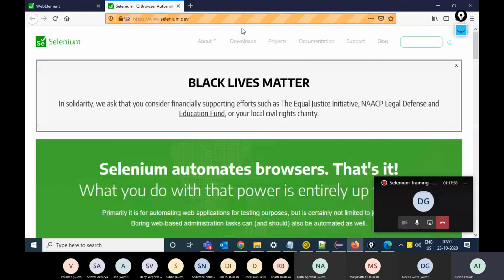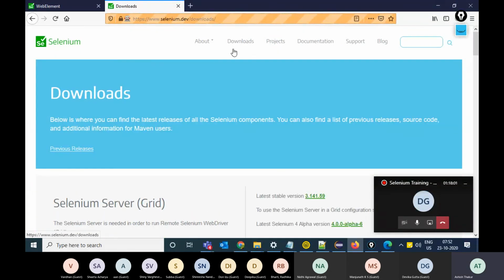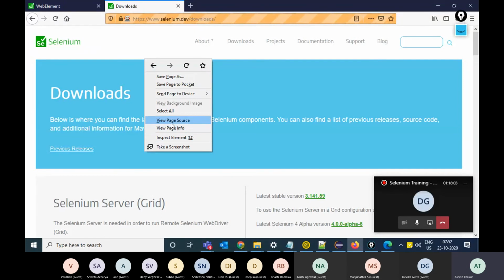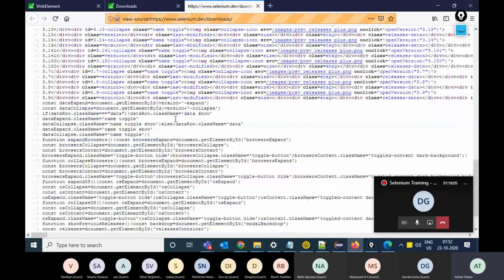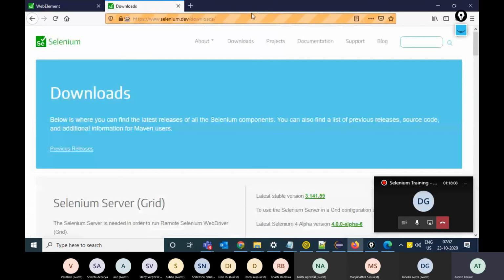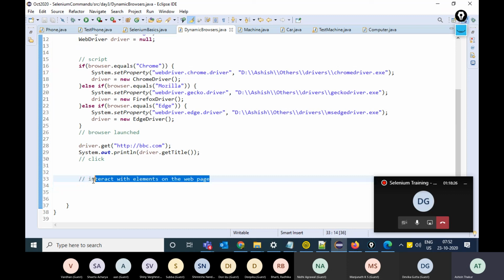Selenium works on this HTML page source. Every web page, even if I go on download links, for example, and look at the page source, will have a certain page source. You need to understand HTML, what tags are, what attributes are, and how the elements are formed. Only after that can you actually understand how Selenium interacts with the web page.